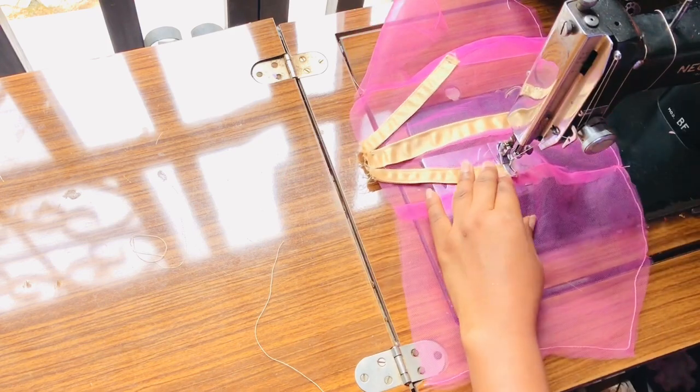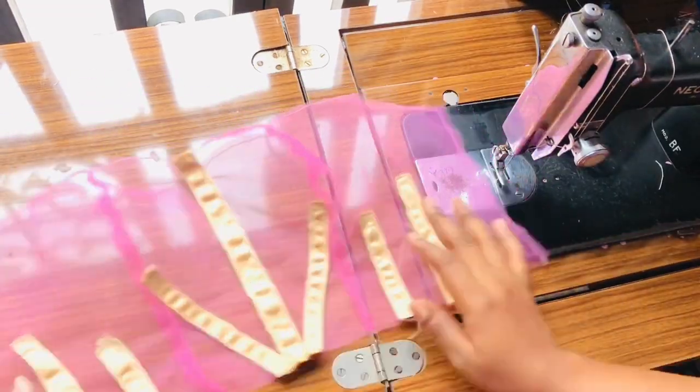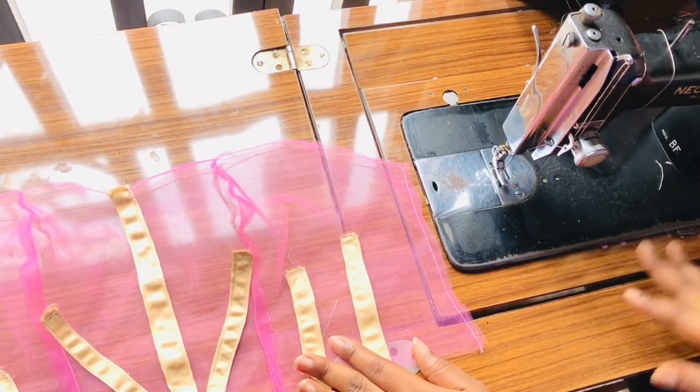So if you can't do this, just go and get bobbin bias. You can also use bobbin bias, so you can put as many casings as you want to. So I went ahead to add like 7 casings for the bonnet. Once I was done doing that, I went ahead to do my gather for the down side of this